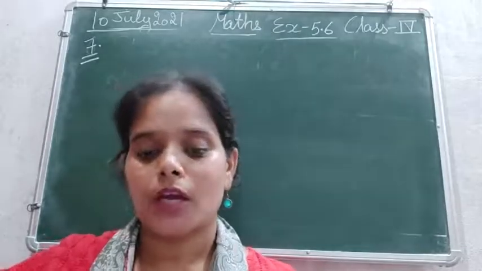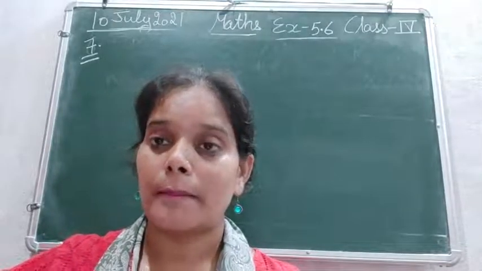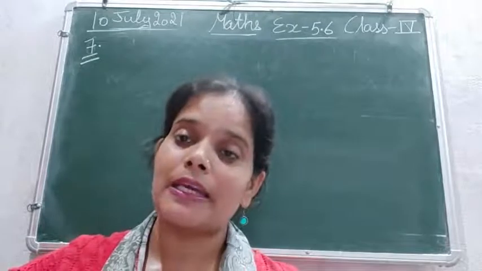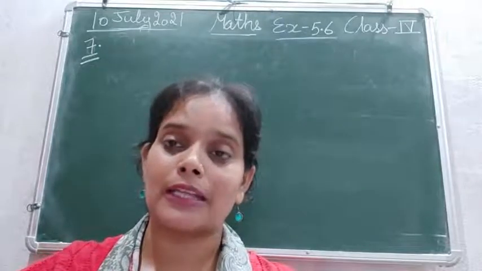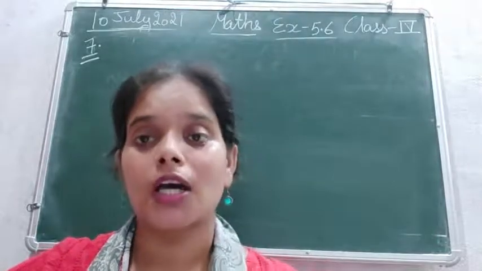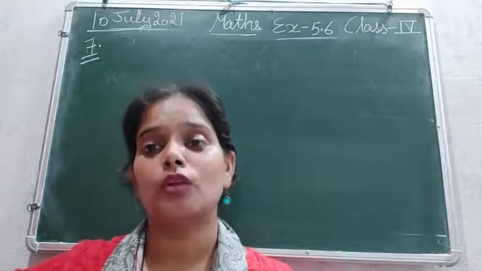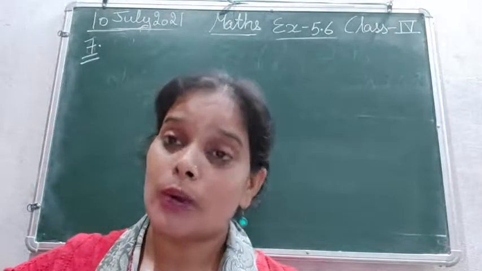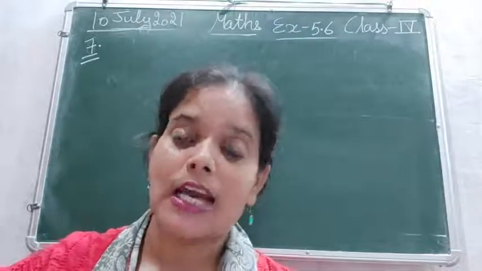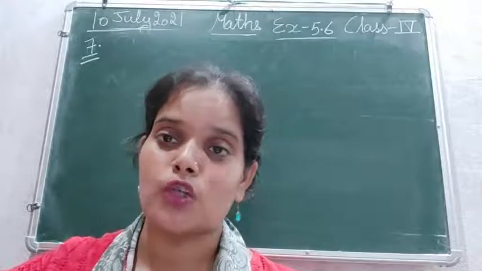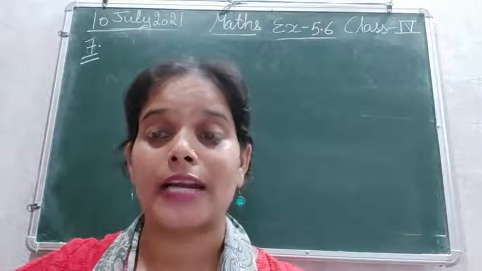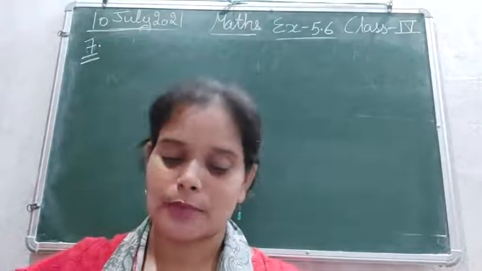So, cloth made and woven, weave in 1 day. एक दिन में कितना वीव होता है, वीविंग मशीन पे बनता है. Cloth weave in 1 day, that is 1,148 meter. Okay, now we need to calculate the cloth weave in 48 days. So 1 day में कितना क्लोथ बनता है वो हमें दिया है, 48 डेज का निकालना है. एक का दिया है, ज़्यादा का निकालना है. Again what we'll do, we will do the multiplication to find the total measurement of the cloth that is woven in 48 days. So let's do it.